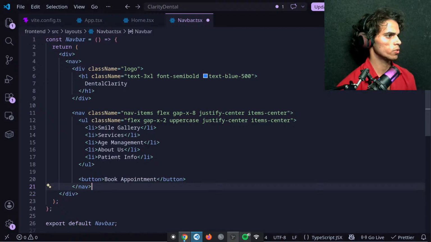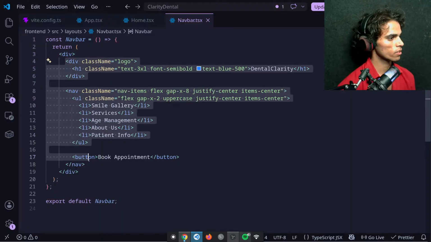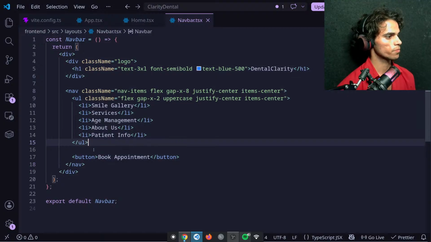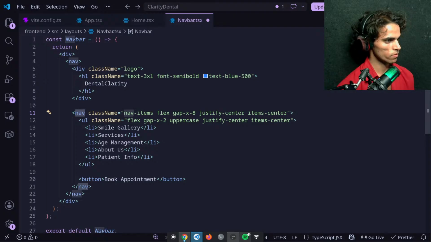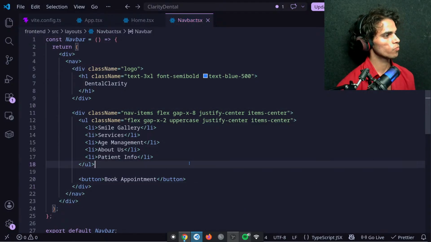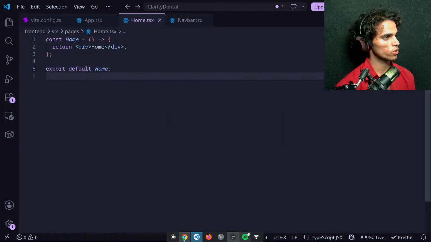Okay, why do we need to use this? We can just keep it simple like this. Okay. Or I can control Z, replace this negative div. Yeah. So let's see how it is. Let's import this in our home.